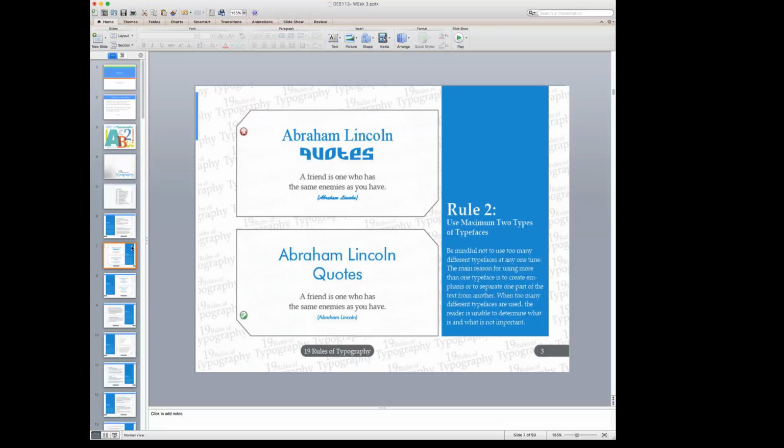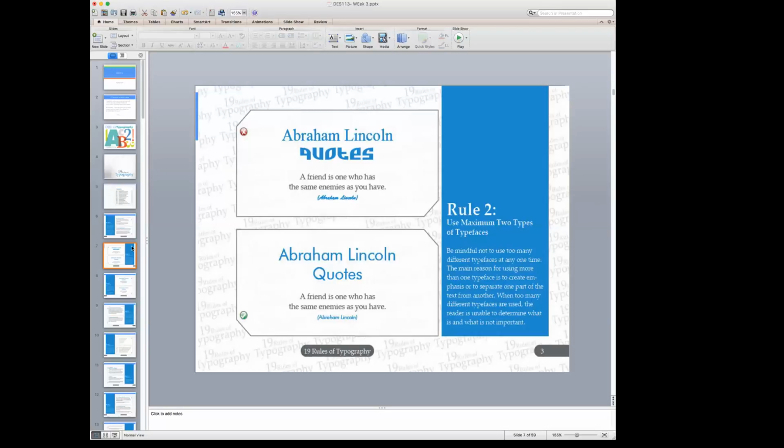But if you look at the example at the top here, Abraham Lincoln quotes, and then it has a quote, and then at the bottom it has the byline. And there's a lot going on, and even the fun fonts, you could say, it just makes it really hard to read, and it looks kind of a hodgepodge mess. But at the example at the bottom with the check mark, this Abraham Lincoln quote stands out very well.